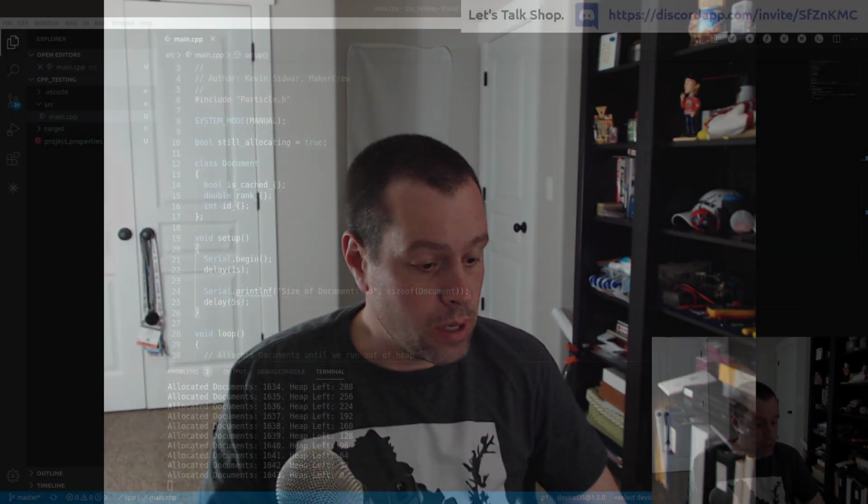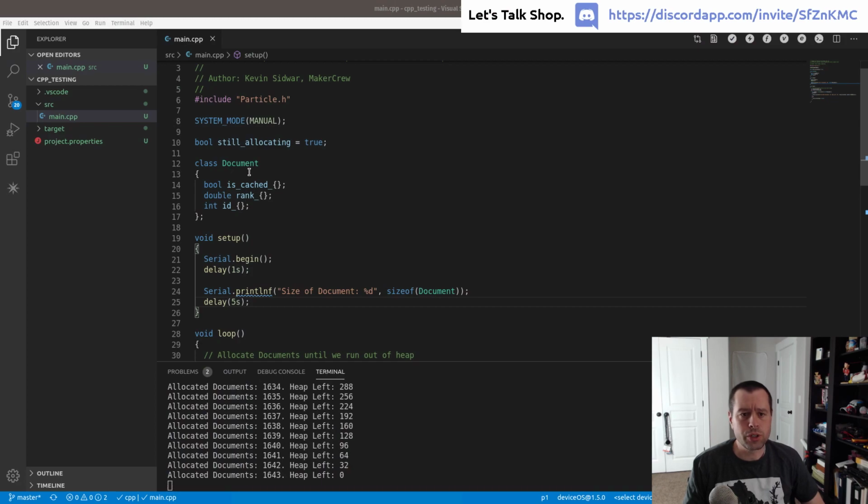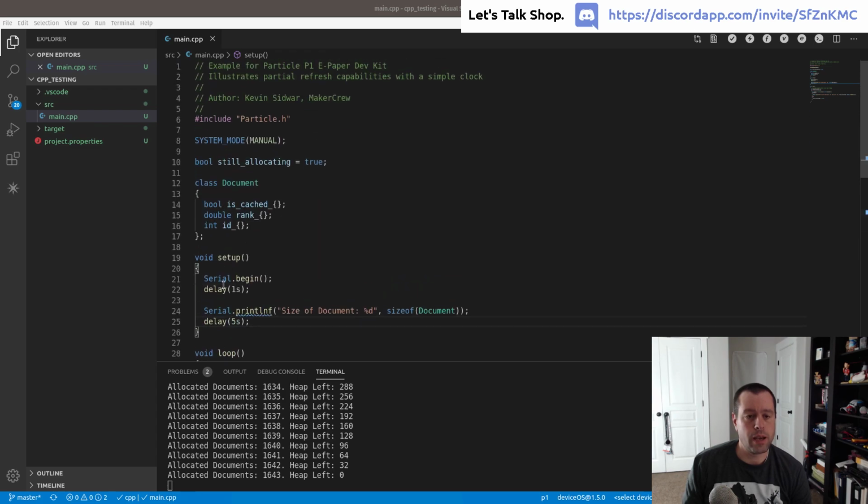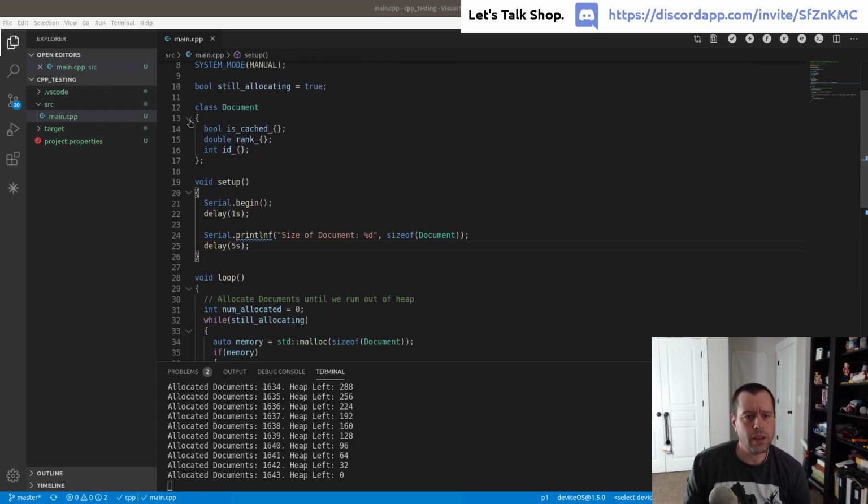So let's just hop right into it. I've got a very simple program here that I want to show you. There's not a lot to it. There's less than 45 lines of actual code here. I've got this class at the top, this Document class, and this is straight out of the book. It's got three members. It's got an isCached, which is a bool. It's got a rank, which is a double, and an int